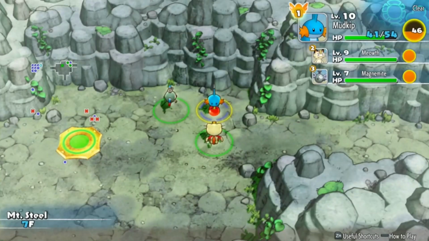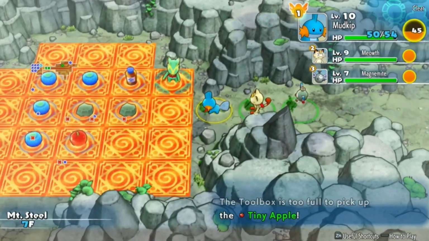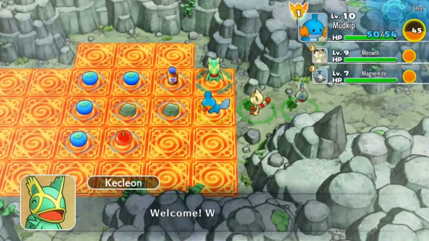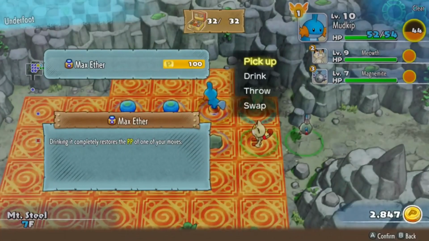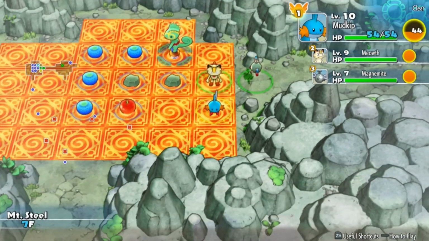This is the floor. It's not the floor, although there is a Kecleon shop. This is normally where you'll find some pretty dang good items, but there isn't any now. That's a Max Ether. No, nothing here is worth it. Although I can...